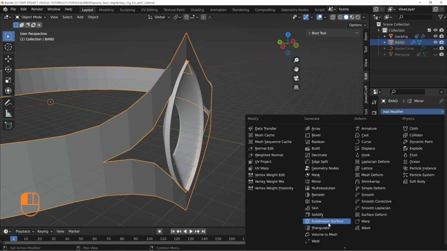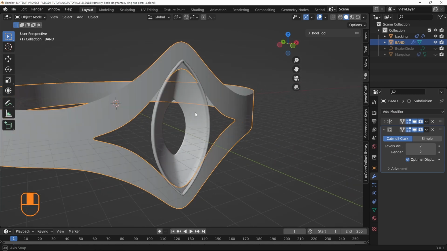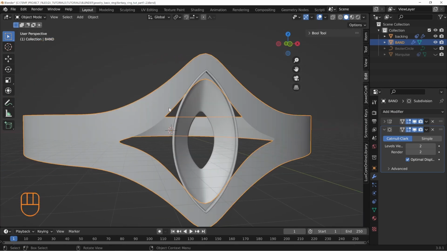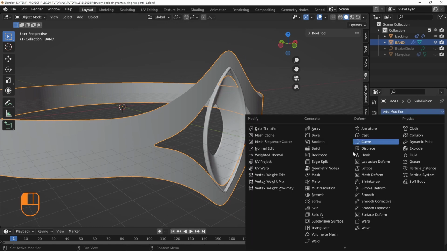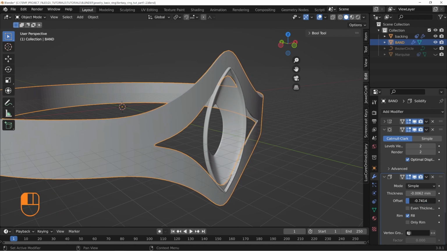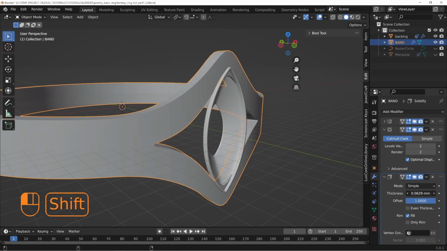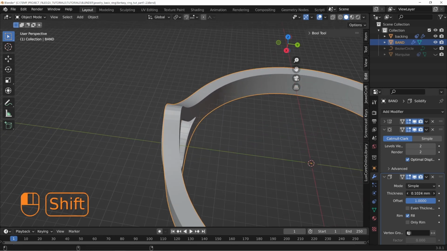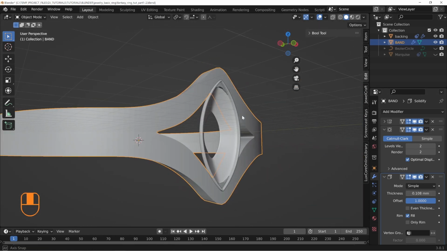Let's visualize this by adding a couple things here. Let's add a subdivision surface modifier. You can hit Control 2 for that as well, which will allow us to see this a little bit closer. And the other thing that we can do here is add a solidify, and change the offset to a 1, and change the thickness like this. You can see that we're sort of visualizing what the overall shaping is going to be for this,